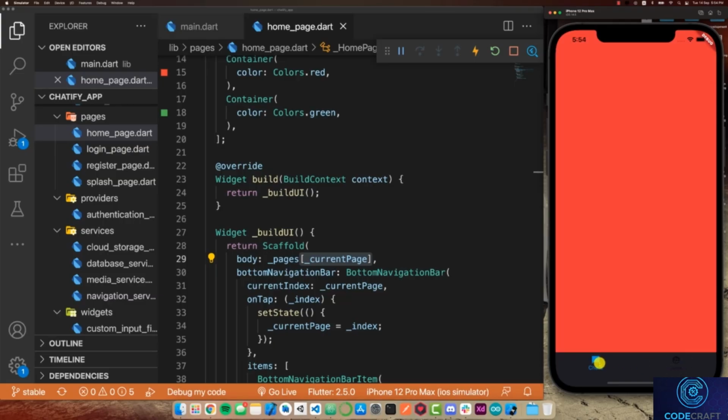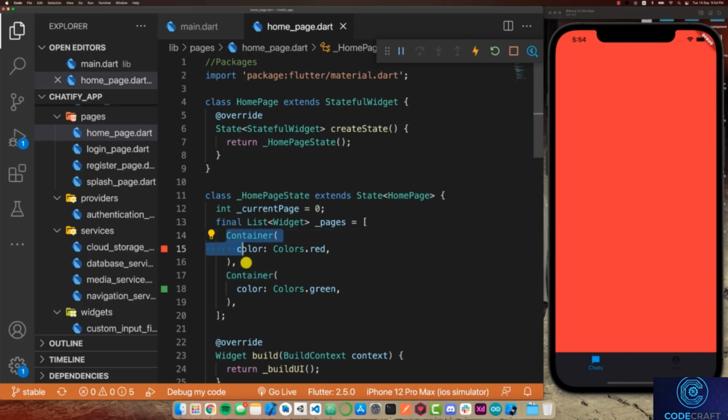Now in the next video, we'll replace the first container with our chats page, and then in the video after that, we'll replace the next container